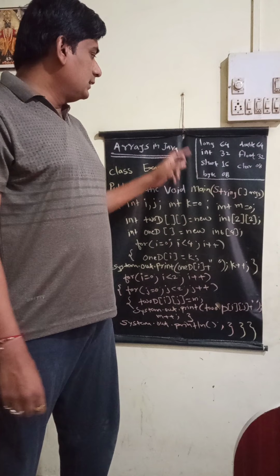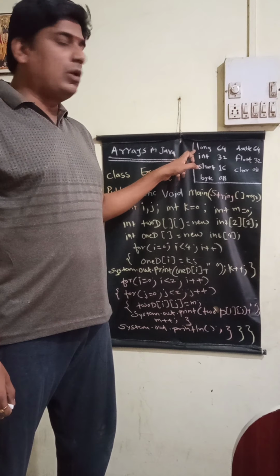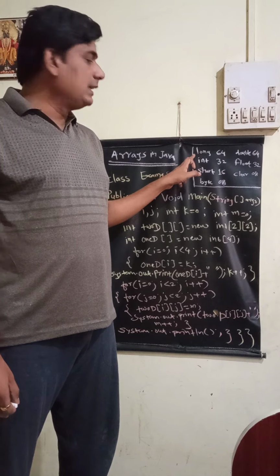Arrays in Java. Now we have seen arrays in C and C++, but here the syntax of arrays in Java is quite different. Before we start with arrays, we are going to see the different data types in Java. So the first data type in Java is long. A single variable of type long requires 64 bits. For integer, it requires 32 bits, meaning